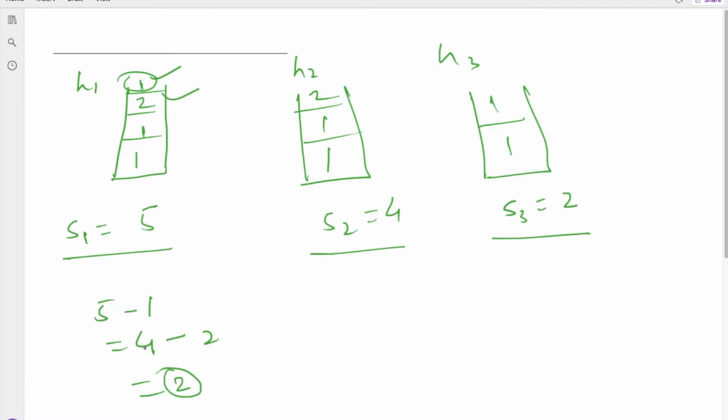For stack 1, my height is 2. For stack 2, if I remove the topmost element 2, I get height 4 minus 2, which is 2. And for stack 3, if I am not removing any values, then my height is 2. Now if I compare the heights of stack 1, stack 2 and stack 3, all are of equal height, and this is the maximum value we can get. So we have to return 2 as our answer.